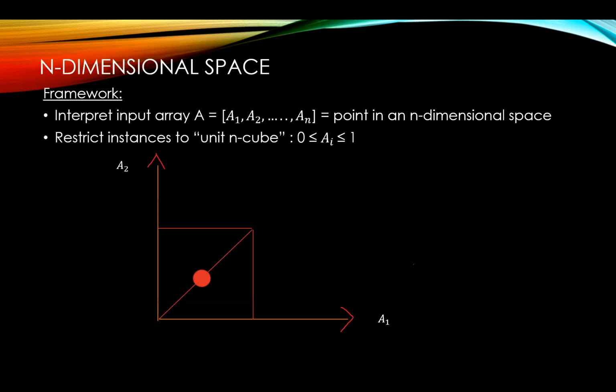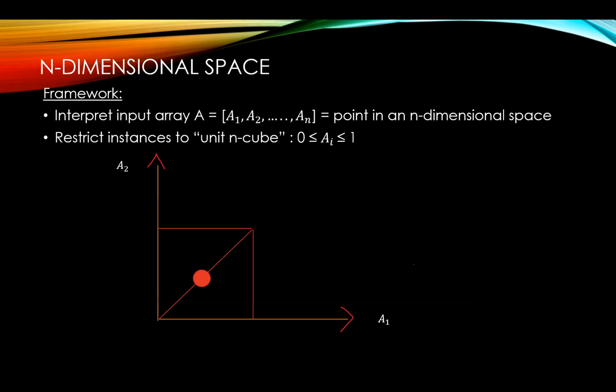So first of all, we understand the n-dimensional space. The framework will interpret your input array as a point in an n-dimensional space. We will be restricting the instances to the unit n-cube. That is, all the Ai's will lie between 0 and 1. For our simplicity, we will